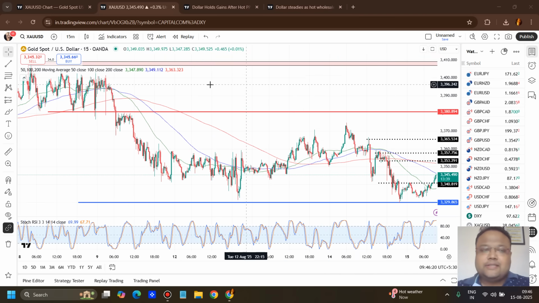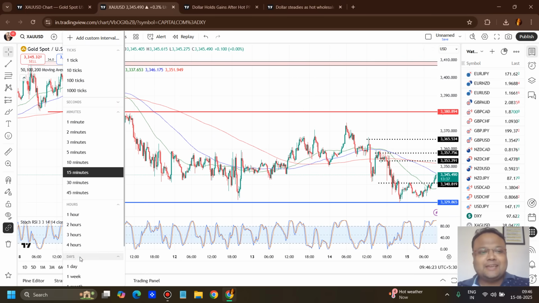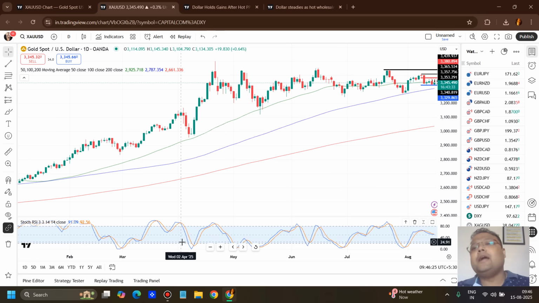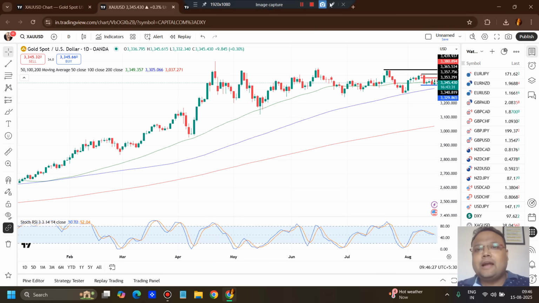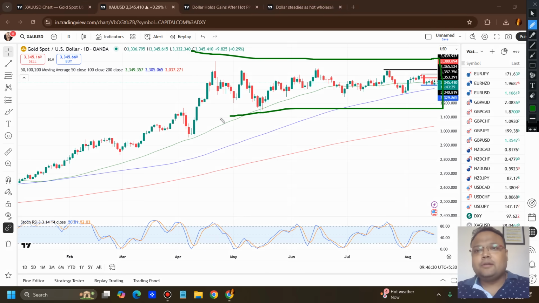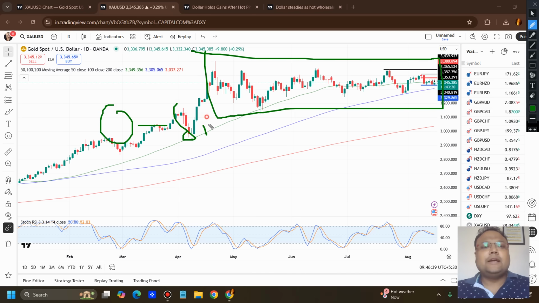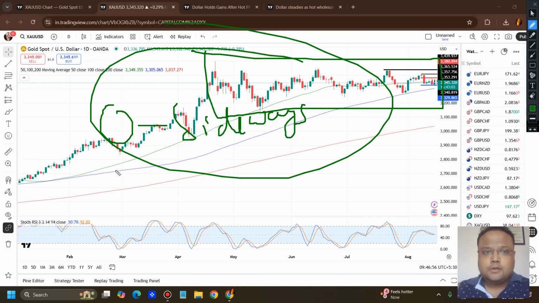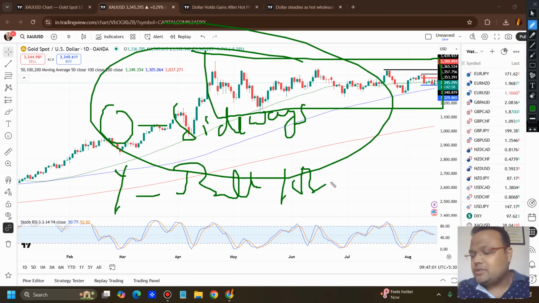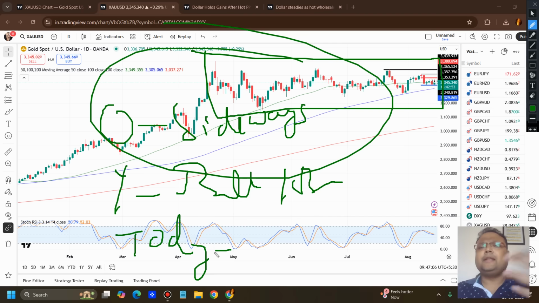You can see every session the trend of the market is changing. And if you look at the daily chart, the higher time frame, the reliable one, it is also confused, because overall the trend is bullish but for the last couple of weeks gold is sideways. Means the number of buyers and sellers is almost equal. Yesterday it was bullish and bearish at the same time, and today we can see the market is getting bullish again.